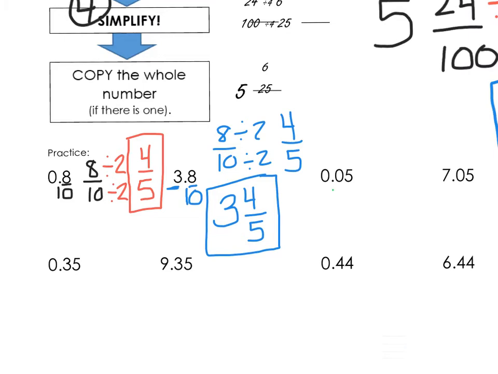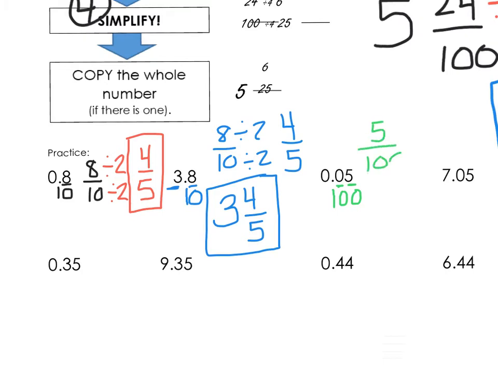Again, we're going to put that 1 underneath the decimal. Then we're going to see how many digits are behind the decimal. Well, there's 2, so we're going to put 2. So now I'm going to rewrite it as a fraction. I see the number 5, so I'm going to write 5